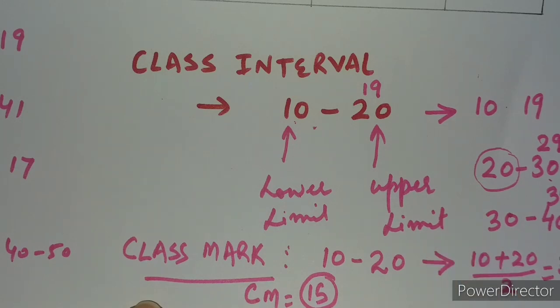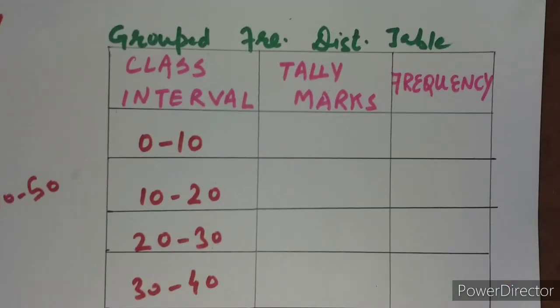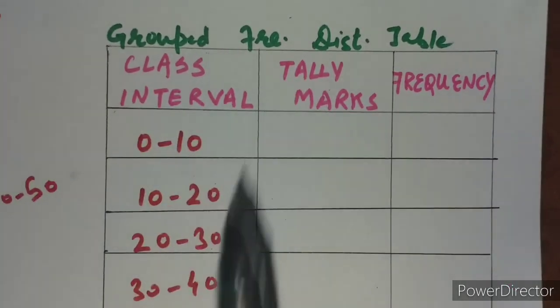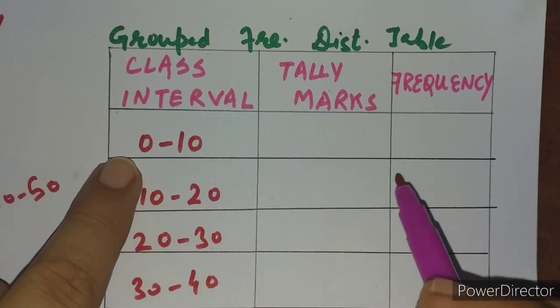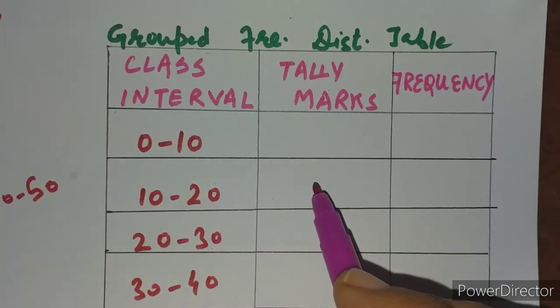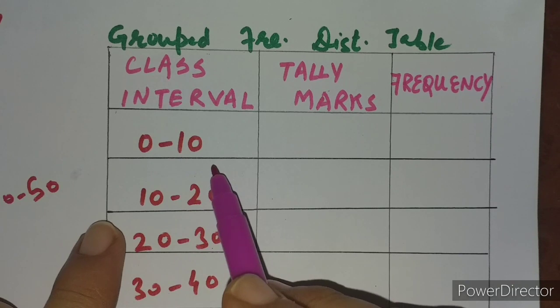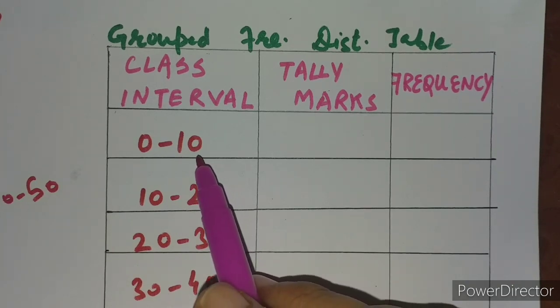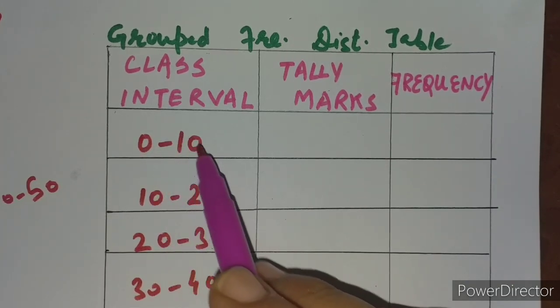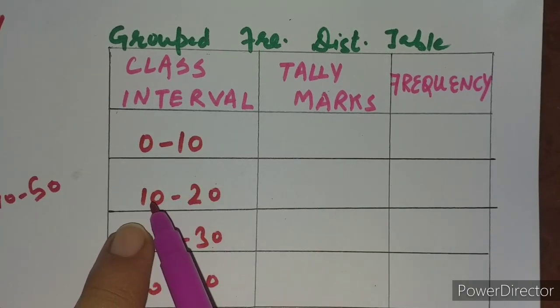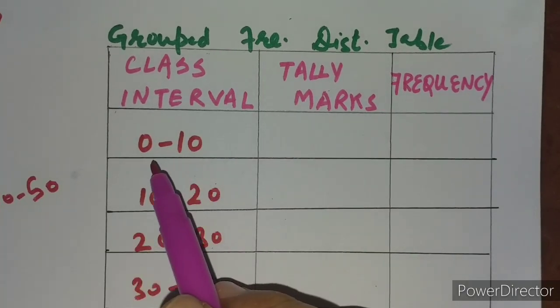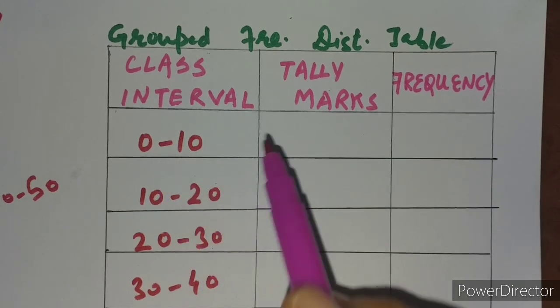So these were important things regarding the class interval. Now we actually start the process of constructing the grouped frequency distribution table. First class interval, 0 to 10. We are going to count the marks which come under 0 to 10, and I just told you that the marks only from 0 to 9 will be counted. 10 will not be included here. 10 will be included in the next class interval, remember. So from the raw data provided, we are going to count the marks from 0 to 9 only.